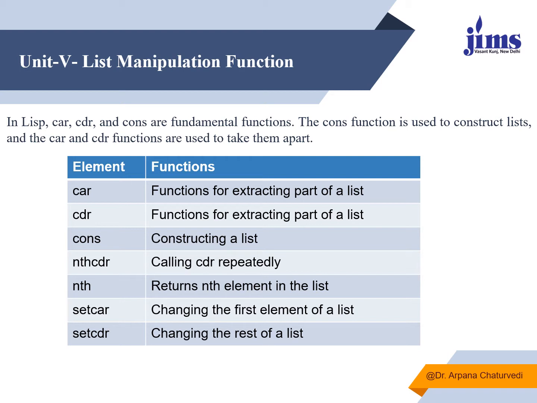So if we look at the various list manipulation functions which are available in list, first is car. Car is a function which is used to extract a part of a list. CDR also extracts a part of a list, whereas cons constructs a list. Nth CDR calls CDR n number of times. Nth will return the nth element from the list. Set car will change the first element of the list, and set CDR changes the rest of the elements of a list except the first. So one by one we'll see all these list manipulation functions in a bit of detail. So let's move further